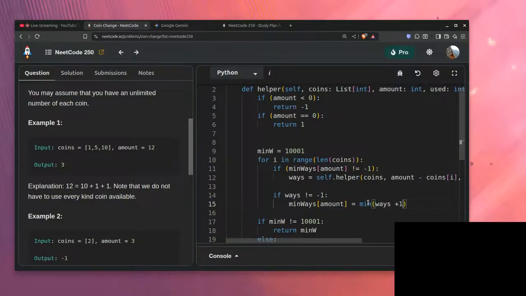Should it be plus one? That's what I'm thinking. It should return 0 actually. Once amount becomes 0, you have to return 0. And then when I've returned 0,